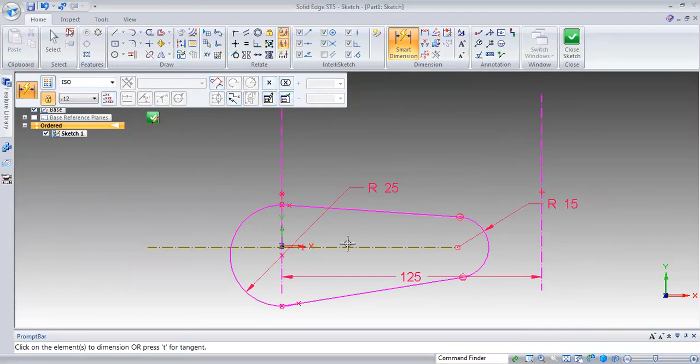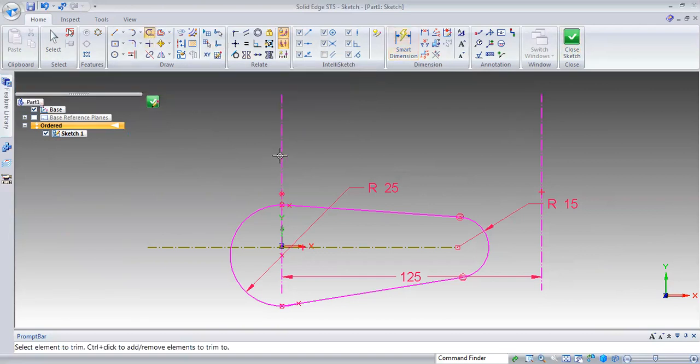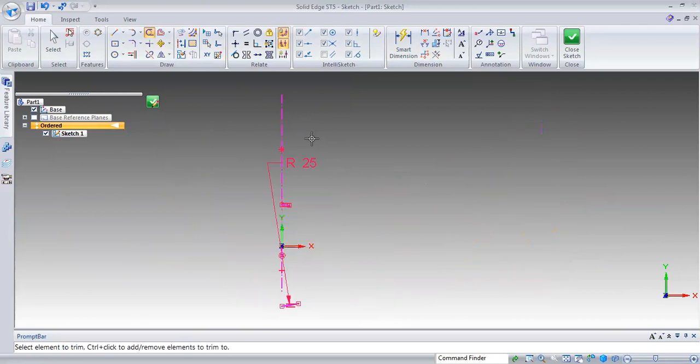Next, so where the trim is done over here.